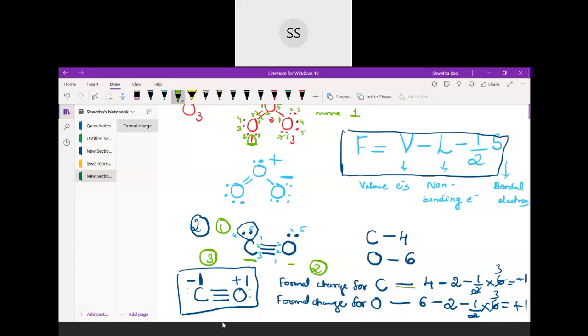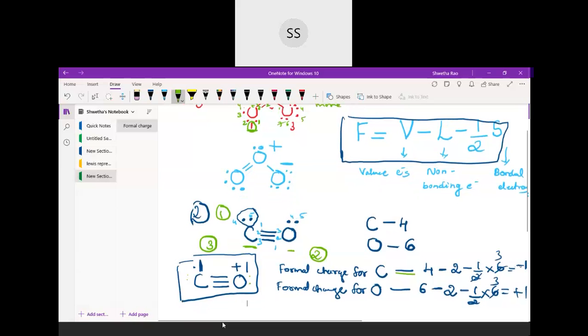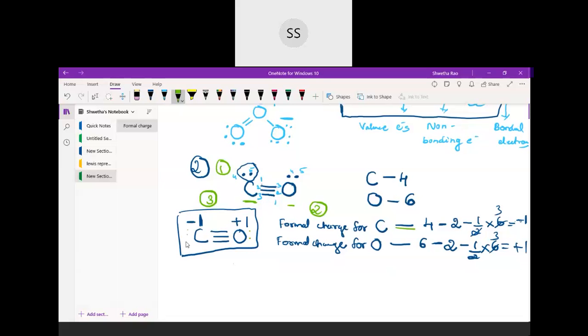Okay. So this I told you it's an outdated concept, because to explain this structure he brought this concept formal charge. So it was just there for a temporary period of time. Then it was removed when the coordinate bond came into picture. Okay, there is one more bond called as coordinate bond. So instead of assigning this formal charge, nowadays what they do is they assign the coordinate bond. Okay, they don't assign these charges. So that you are going to study in the second year. So I will not go for that coordinate bond concept, but you can just keep in mind when the coordinate bond came into picture, this particular formal charge concept was being removed.